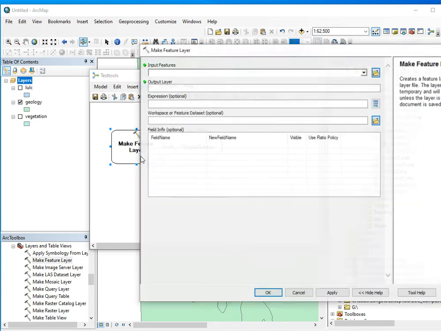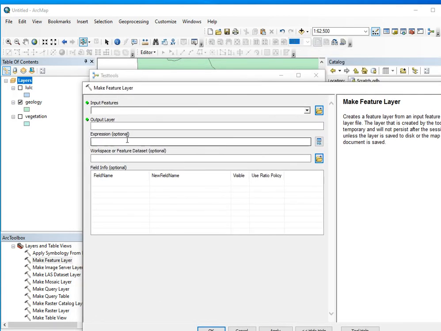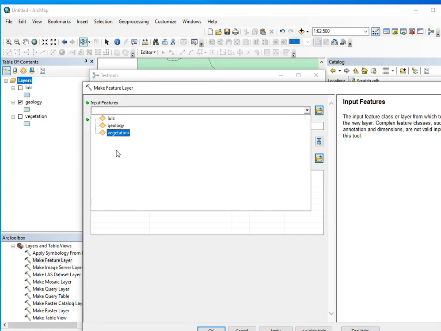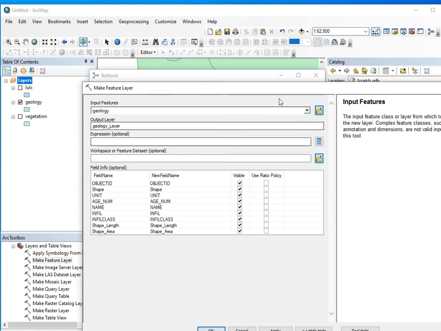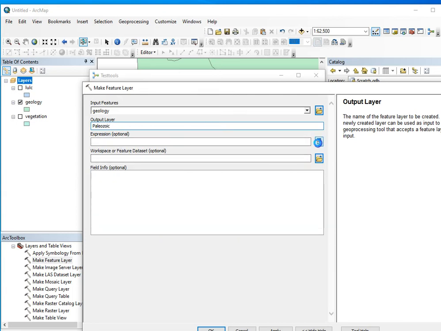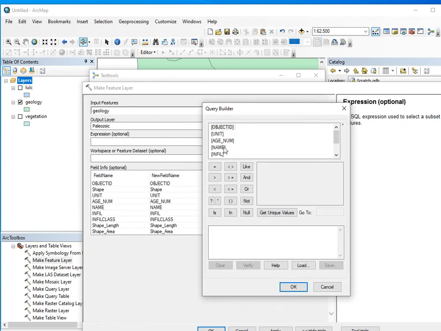So I'm going to open up the function toolbox, and I want to add the geology data. So the geology is in my table of contents, so it'll just come out of the drop-down menu. I can also search this way. The output I want to call Paleozoic. And then my expression is just my attribute query. So name equals lower Paleozoic, or name equals upper Paleozoic. Say OK,